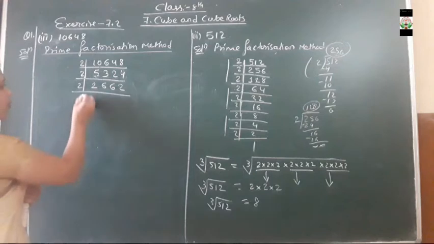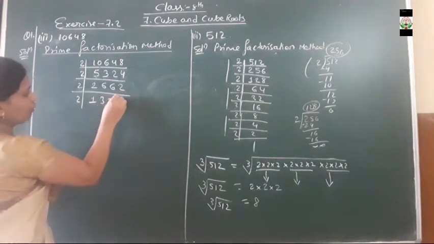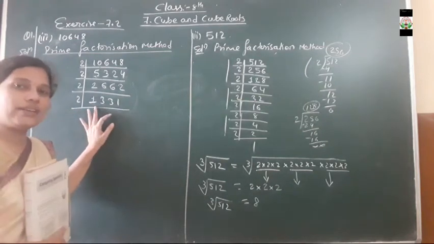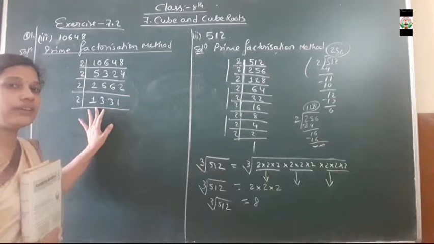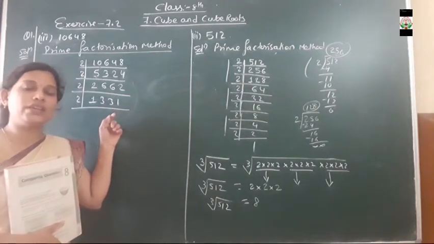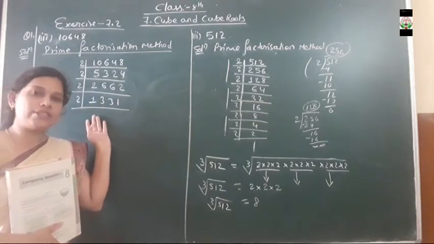Now next we are going to see again by the table of 2, 1 3 3 1, it will get cancelled. Now you can see that 1331 is there, 1330, it won't be divisible by 2, 3, 4, 5, 6, 7, any number, it will be directly divisible by 11.